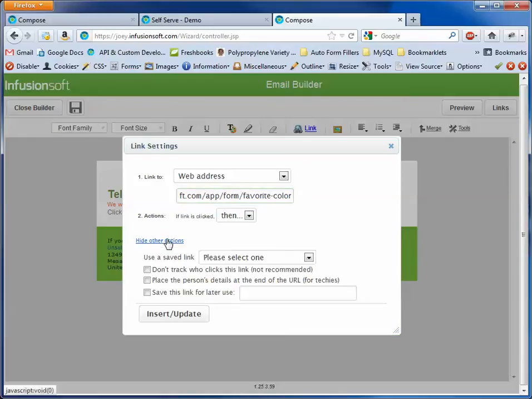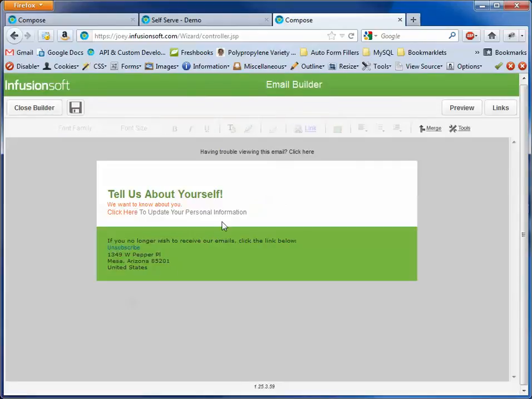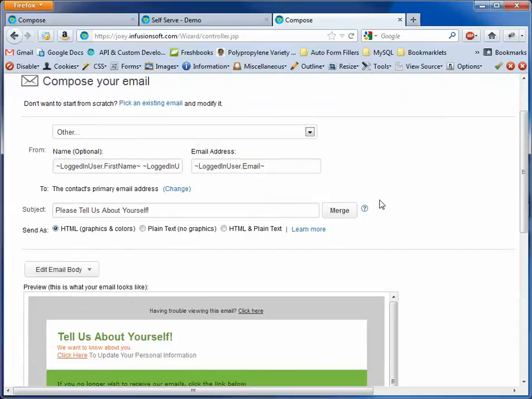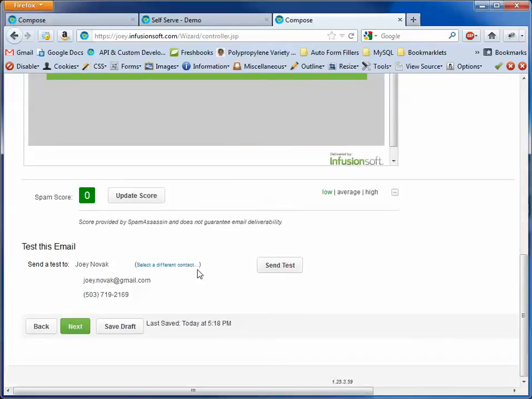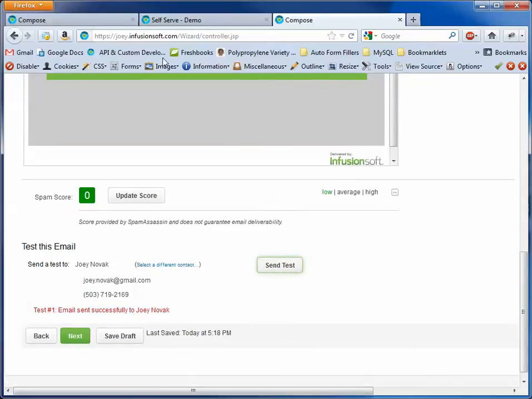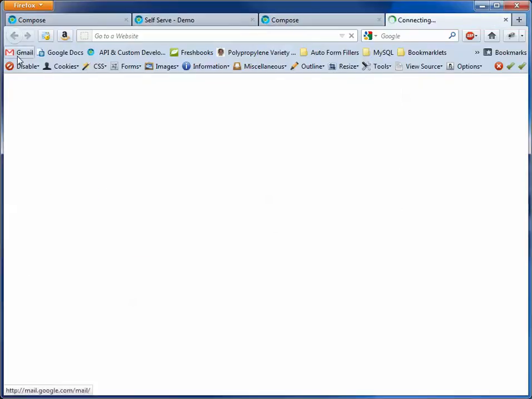Then this is the most important part. Here on the other options, you're going to click this, place the person's details at the end of the URL for techies. And we're going to insert update, and we're good to go. And we're just going to save it, close the builder, and then we're going to send it. I'm just going to send a test to myself real quick. Test was sent. So now if I open up my email,